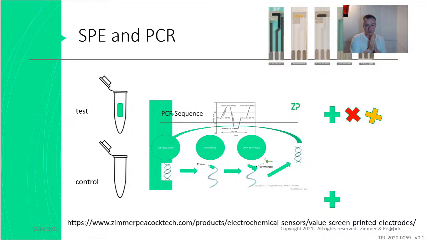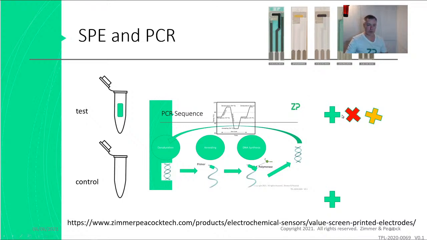I'll just do a quick summary. So we have the ZP developer zone. The forum question came up. The forum questioner was saying, I've been using a chlorinated silver wire and everything is good. He says, now I've gone over to the painted silver chloride, but it seems to be inhibiting my PCR. And we would say that we do PCR type experiments on top of screen printed electrodes. We do it a lot, and sometimes we do find that PCR can be inhibited by some of the materials, but we find that it doesn't kill the PCR. It does inhibit and sort of slow up the PCR.